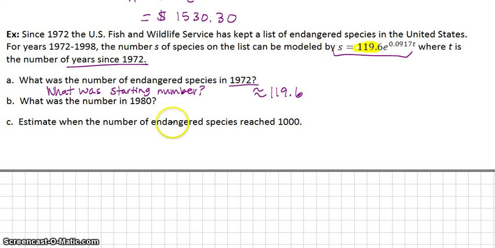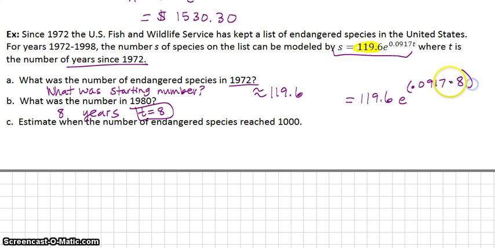Next question, what was the number in 1980? So first I have to ask myself, how many years past 1972 is this? It is 8 years past 1972. That means T is 8. I am going to use the formula and plug in an 8 for T. And again, this is what I was saying earlier, where you have to make sure that both of these parts in the exponent are multiplied together in the parentheses there. But now if you type that into your calculator, you should end up with